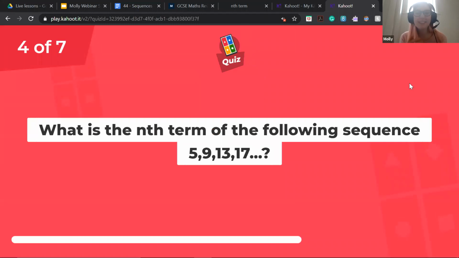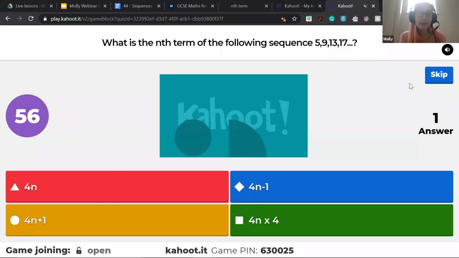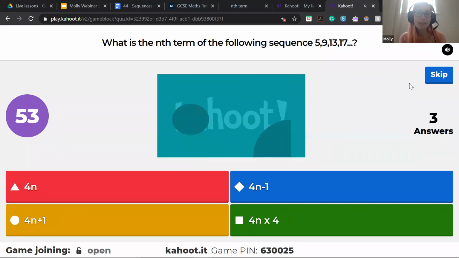Okay, now these are the trickier questions and what we'll be focusing on mostly today, calculating nth terms. So that sequence, which of these represents what the nth term is there? With these, to be fair, you probably have enough time to work backwards from the answers, but try not to. It gives me a better feeling if you actually work it out from the question. And the first thing that we'll do is explain what nth term means and look at some of those